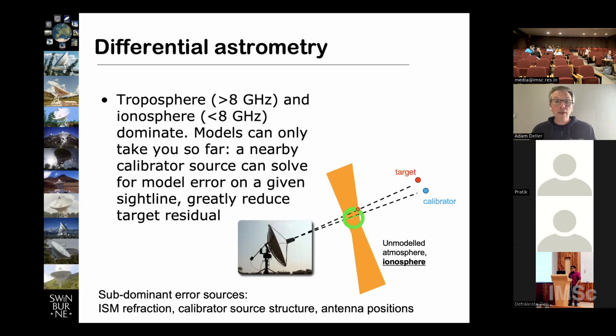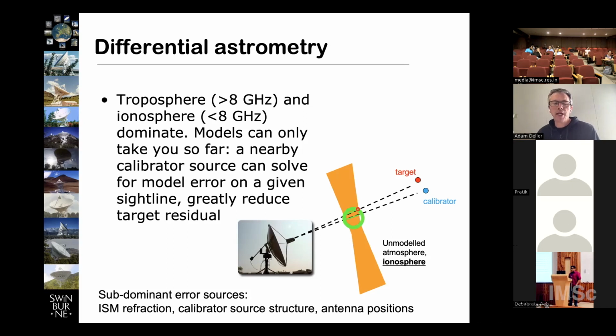So what can we do about that? There are lots and lots of things that can lead to a relative propagation delay, as I mentioned before. A few of them are listed down the bottom there. But the thing that typically dominates is either the troposphere at higher frequency or the ionosphere at lower frequency. And because we're almost always observing below 8 gigahertz when we're looking at pulsars, it's really the ionosphere that's enemy number one. So we can try to make our best possible models of the ionosphere so that we take away any propagation delays due to the ionosphere before we start trying to make our images of the sky.